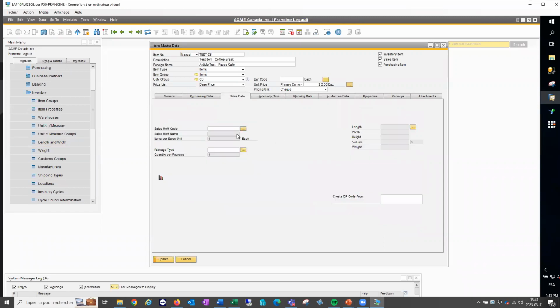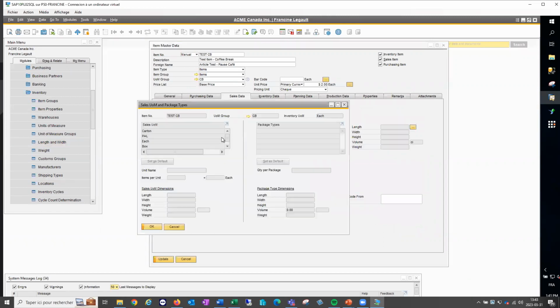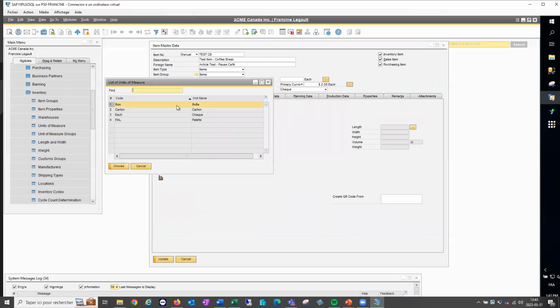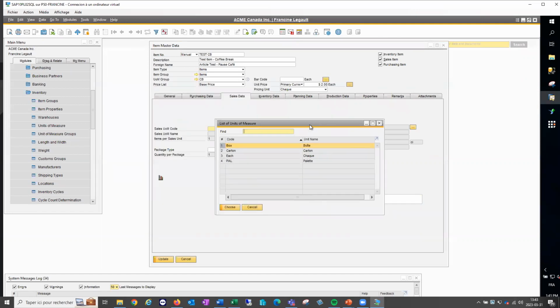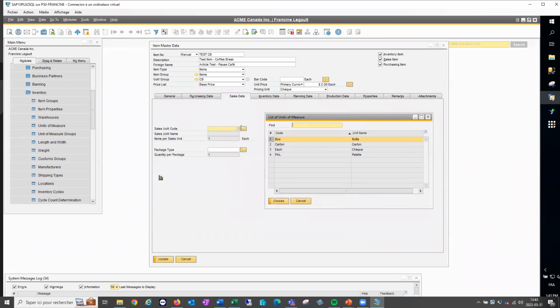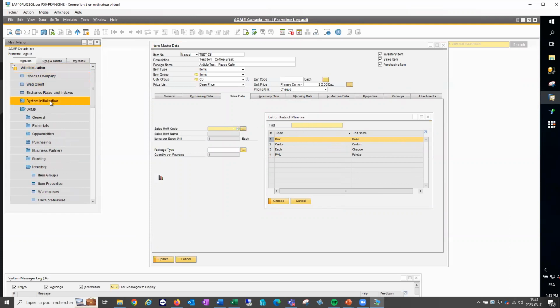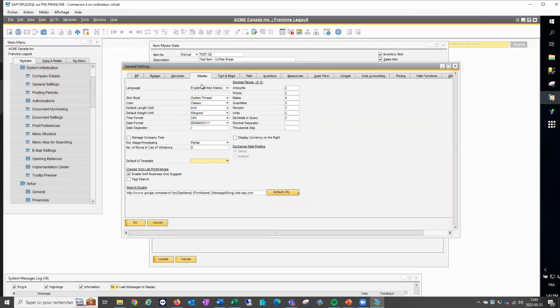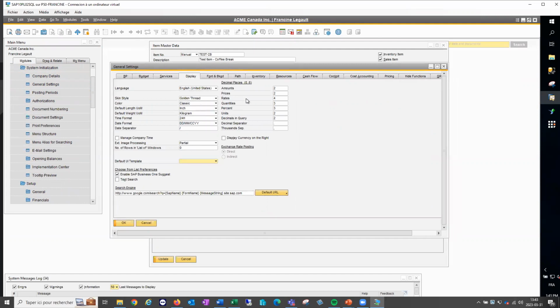And I can assign a sales unit of measure. In my case, it's also going to be a box. So as you can see here, I can select my units of measure because I did a little trick in SAP. So system administration, system initialization, you go into general settings, and usually it's by default, but sometimes it might have been changed.